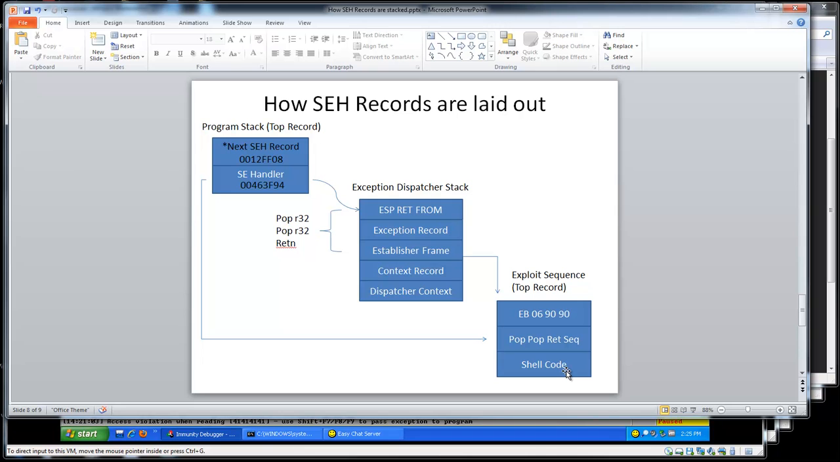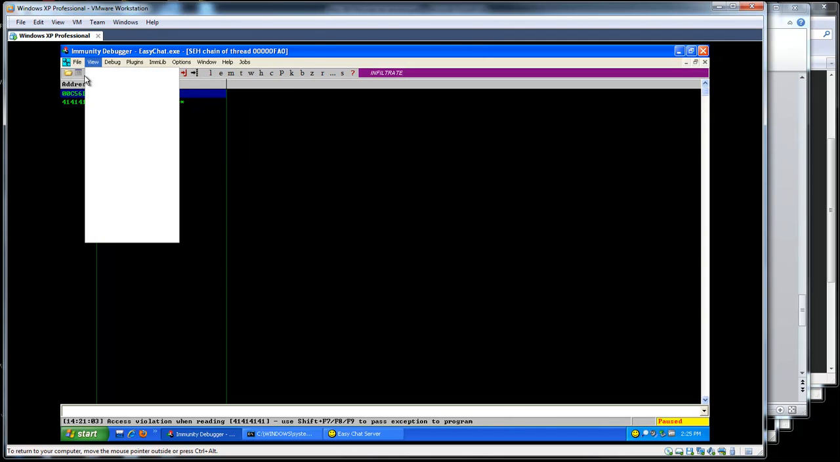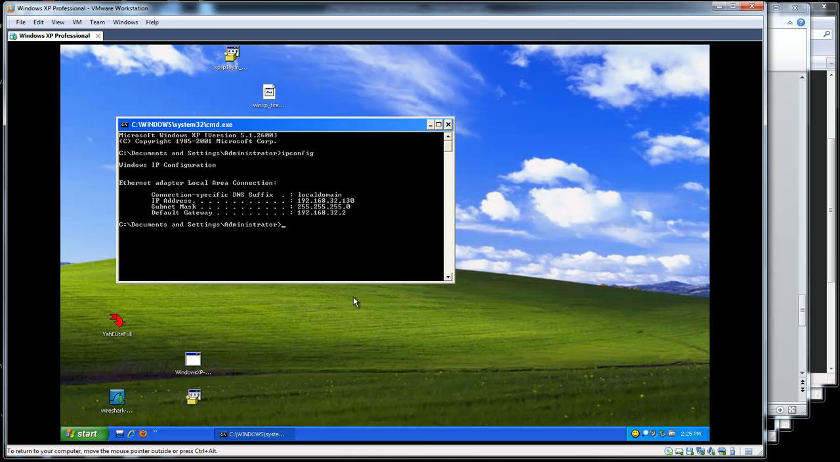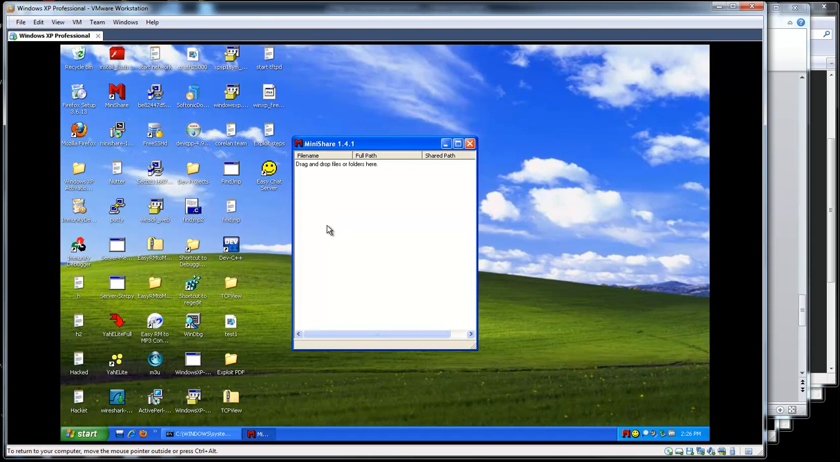So in order to find the SE handler, the establisher frame address, what we can do is we can actually throw an exception to this chat program here by starting another program that runs on the same port number, which will throw an exception. So you can't have 2 programs listening on the same port. So what we'll do